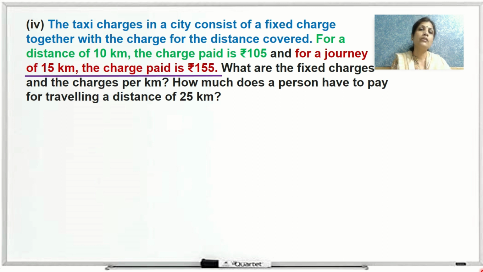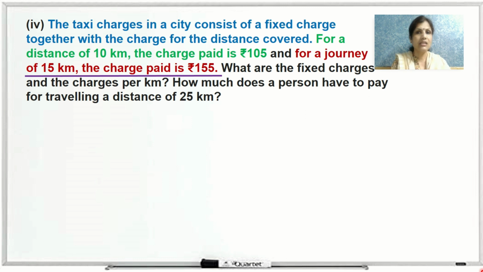Suppose from Rutu Estate to our school, if you have to travel, then also the charge is 18. So the minimum charge is a fixed charge. That is for the first kilometer, rupees 18. So you travel either 1 kilometer or less than 1 kilometer, you have to pay 18. That's the fixed charge. And after that distance of 1 kilometer, if you travel, then the charges change.